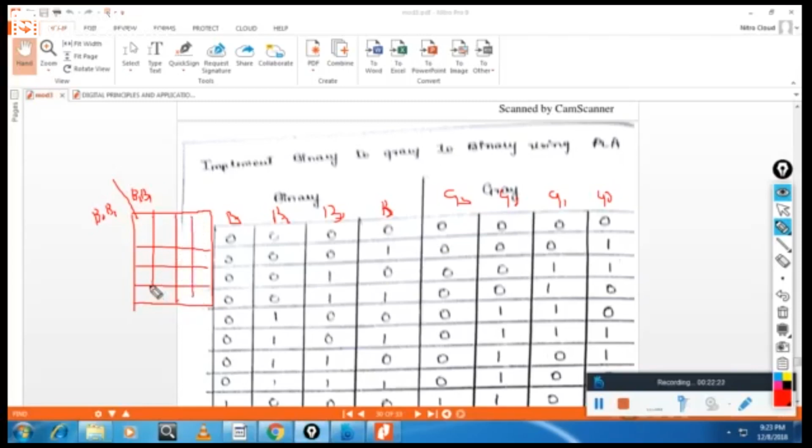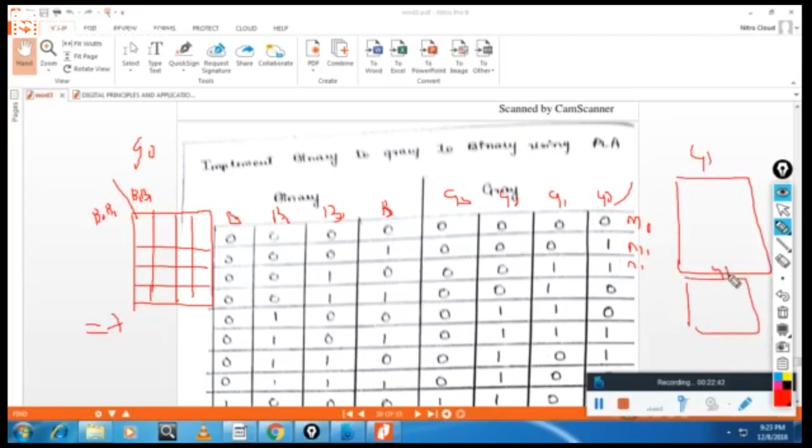In the K-map you initially represent G0, like this is M0, M1, M2. This you represent and write the answer. This is for G0. Now once again one more K-map for G1, one more K-map for G2, one more K-map for G3. Then you have to represent that one by a circuit diagram, as I said previously.